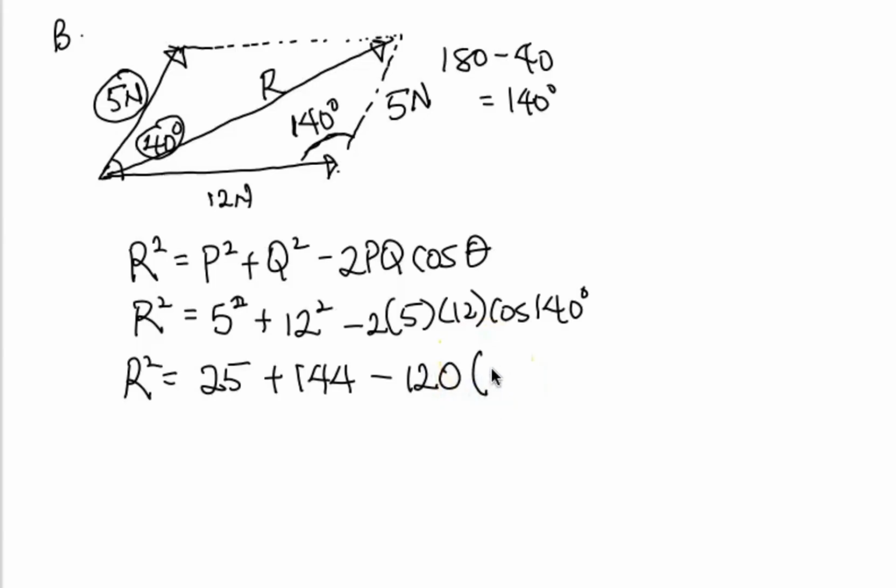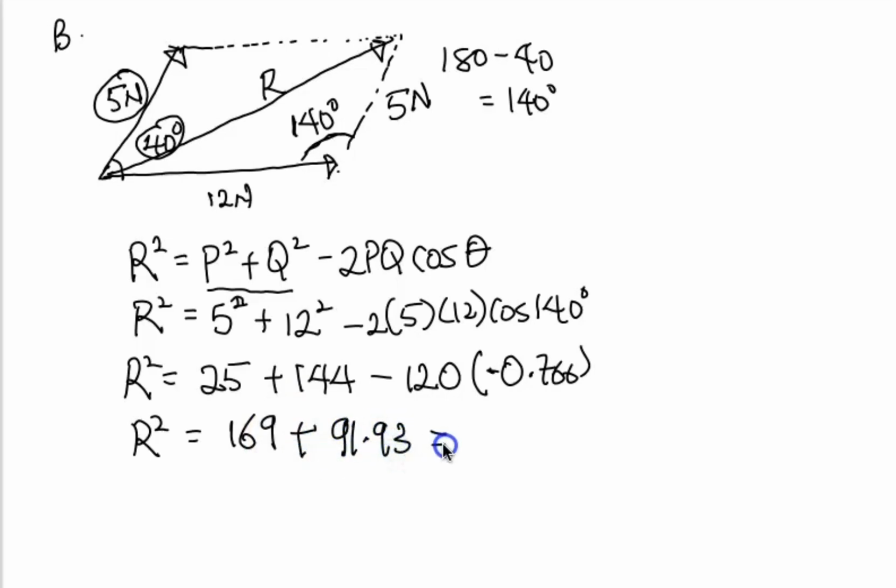Now the value of cos 140 is minus 0.766. So now R square will simply be 25 plus 144, that will give us 169. Remember to add just these two together first. Now minus 120 times minus 0.766, because the bracket means minus, will give us a plus